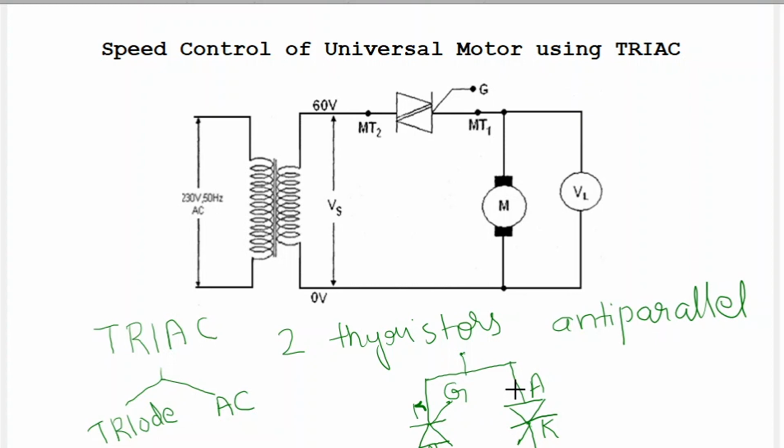So the triac, as you can observe here, has two terminals, that is MT2 and MT1, and a common gate. That means this gate is connected here. So MT2 is main terminal 2 and MT1 is main terminal 1. G is gate. MT1 is taken as reference. So whatever pulse signal is applied to the gate, it is with respect to MT1. Likewise, the input which is applied to this circuit, that is at terminal MT2, is considered with reference to MT1.